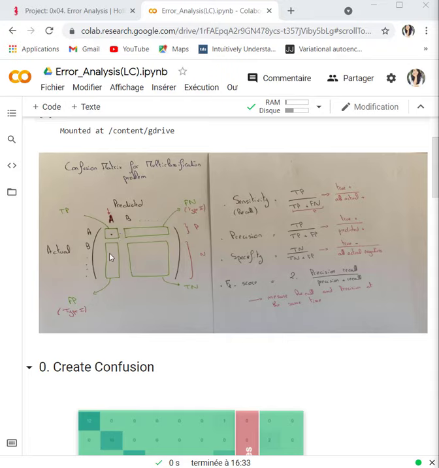The false positive means that I predicted positive and it's false. So I predicted that all these values belong to class A, but actually they don't belong to class A. I predicted positive, but it's false. And now the true negative: I predicted negative and it's true.